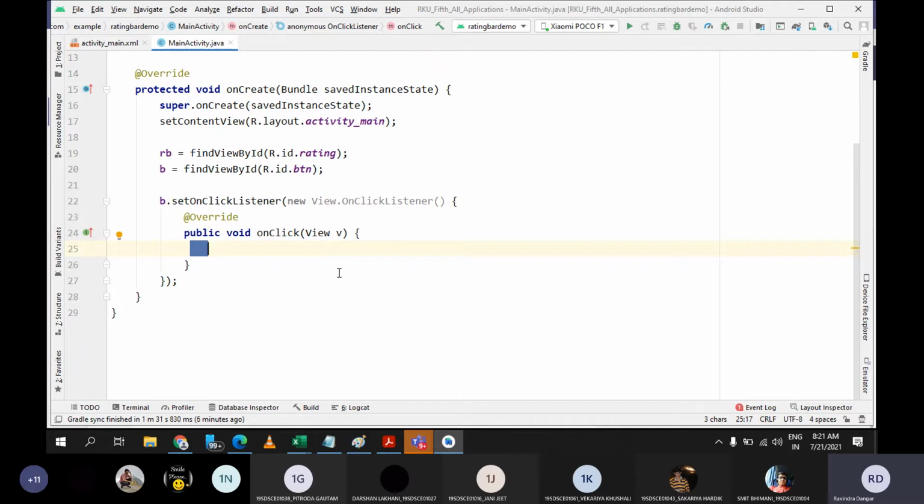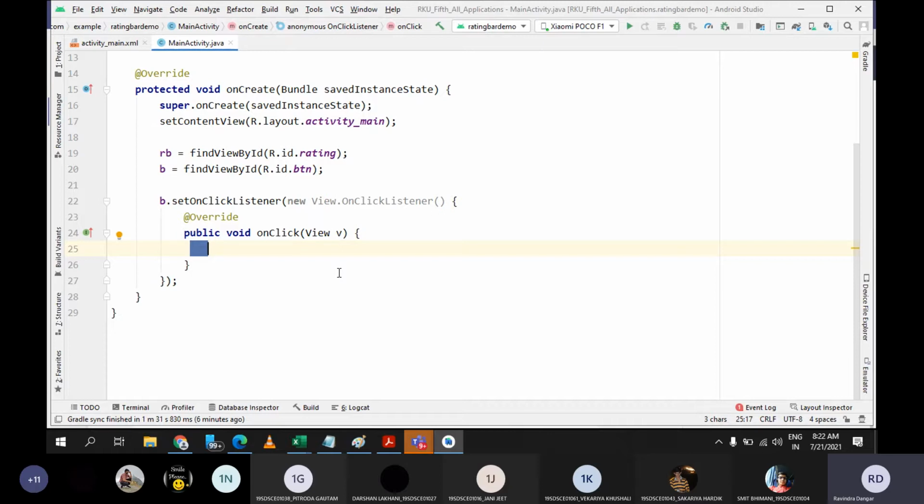So for example, when I launch the application and select 3 stars, then if I use the getRating method, I'll get 3.0. It is going to be a floating value. You can convert that value into a string, and you can display a toast message, or you can set that value in an EditText or in any component. Right? At any place, if you want that value, you can get it and place it.